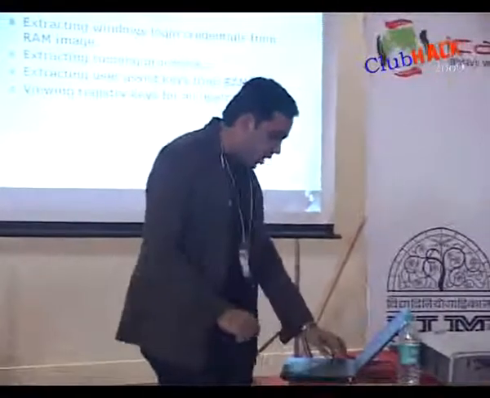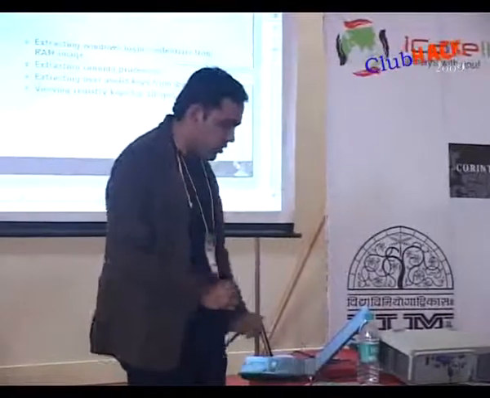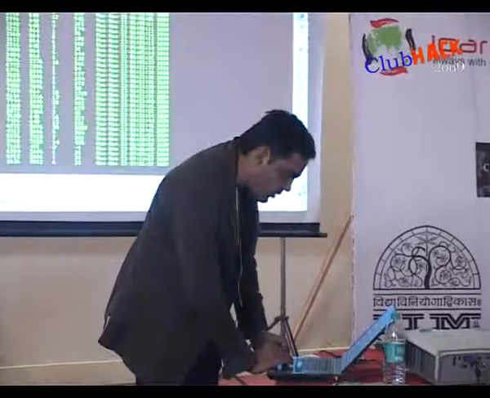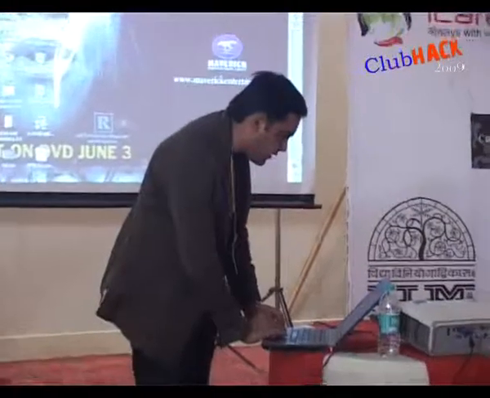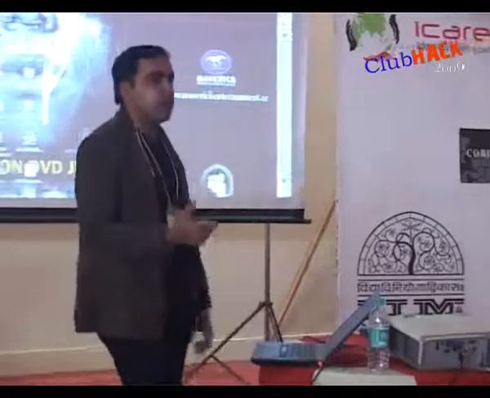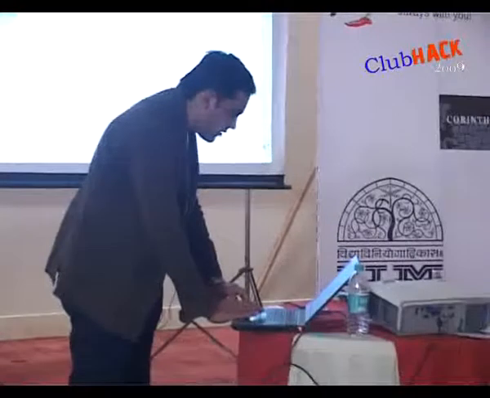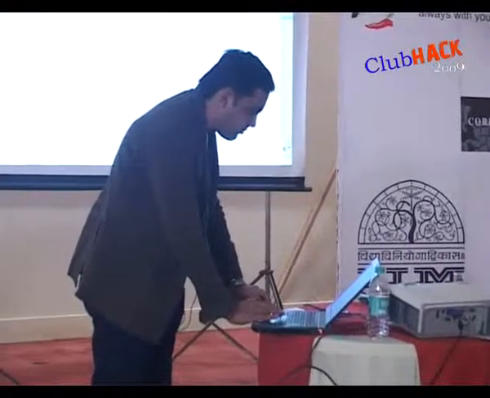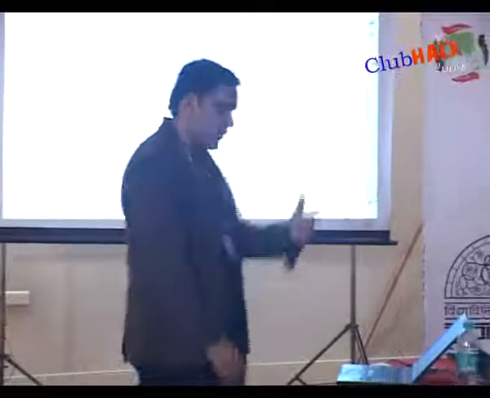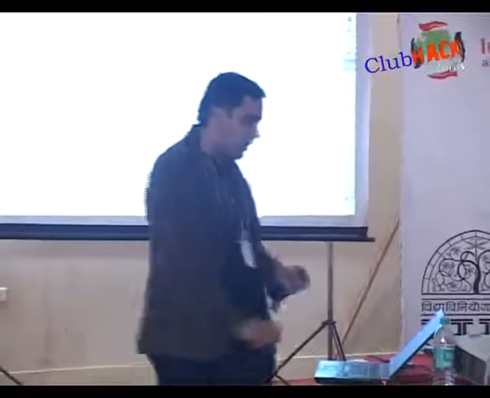So let's see how the user assist keys look in RAM. I'll use the professional tool named EnCase. It's the licensed version, and I'll achieve the task. Whatever I want, I'll write a grep expression, a regular expression for it. I have EnCase already installed on my machine. My image.img is the file from where I want to extract the registry, from where I want to extract the user assist keys.